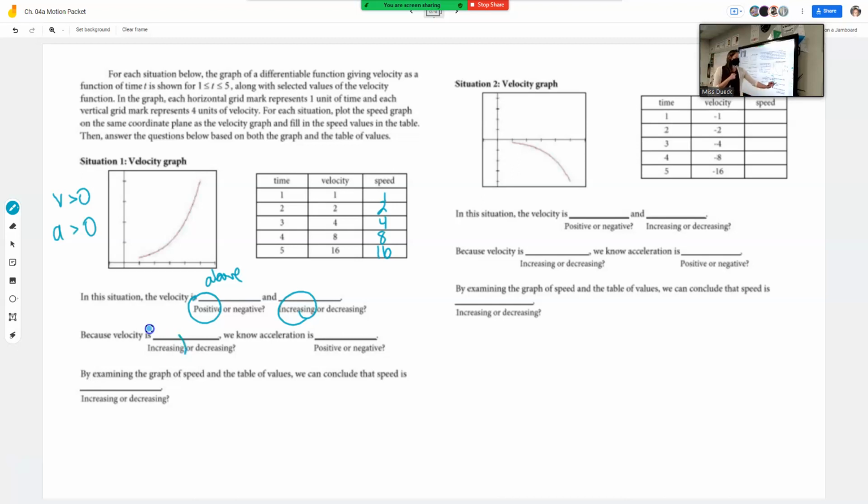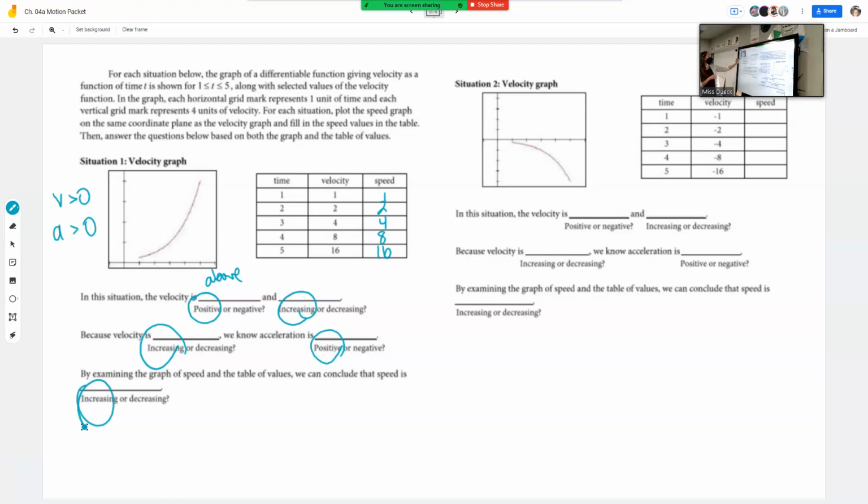So guys, because of that increasing velocity, what can we say about acceleration? If velocity is increasing, think of the sign chart. Things positive. Increasing means I'm looking at the derivative. Acceleration is the derivative. That's where the positive comes into play. That's where that increasing, decreasing card is so important. A positive derivative indicates an increasing nature of its antiderivative. If you guys look at it, this guy is speeding up.